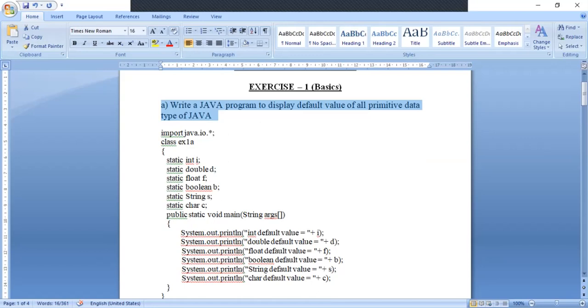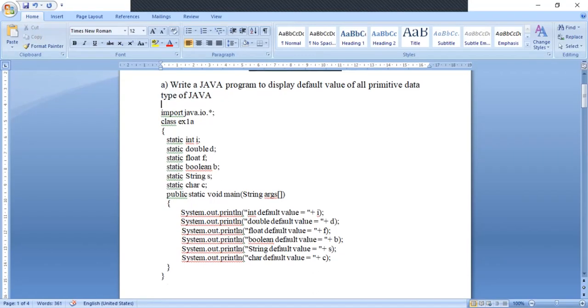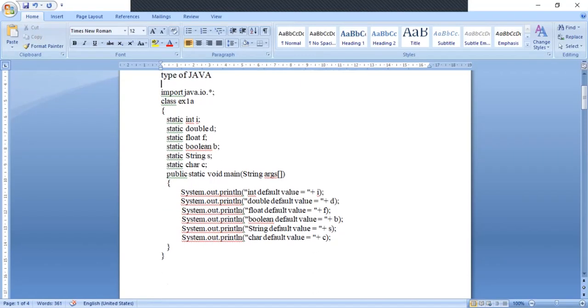See here, I have taken exercise 1A, write a Java program to display all default values. So I have a class here. In this class, I have defined all primitive data types like this: integer, double, float, boolean, string, character. And I already defined these variables as static variables.